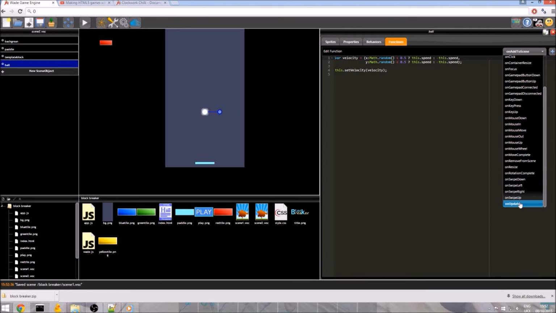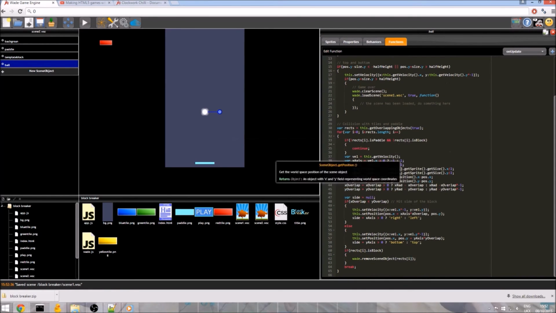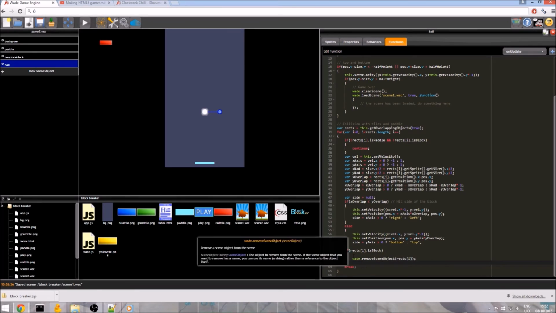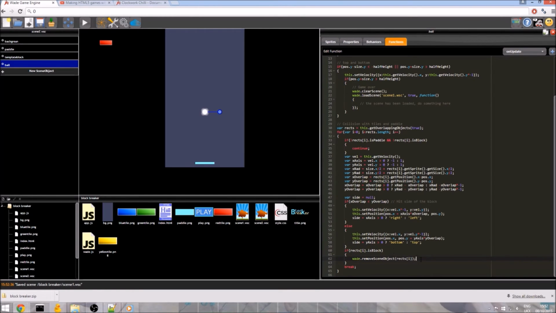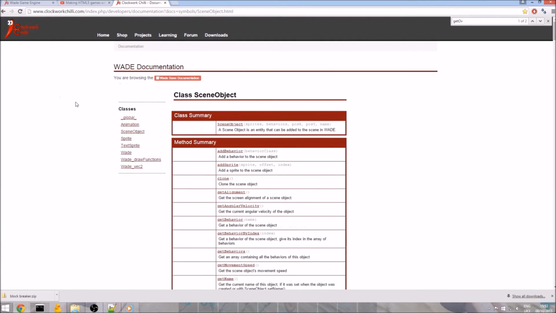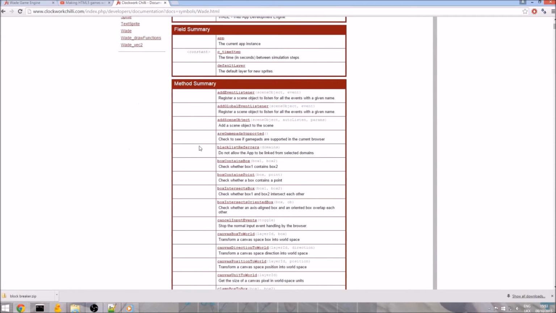We go back to its onUpdate function, where all our nasty collision code is. I say it's nasty, it's actually quite nice. It just looks a bit intimidating at first, but once you get the hang of it, it all becomes friendly. So, rect is block. We remove a block. At this point, we need to get the scene objects. We need to count how many are blocks. And I actually can't remember the code to do this, so I'm going to have to quickly look at the documentation. So I'm pretty sure there's a function.